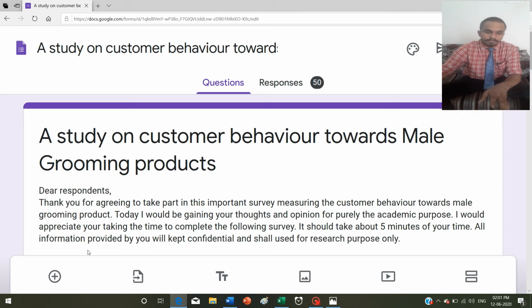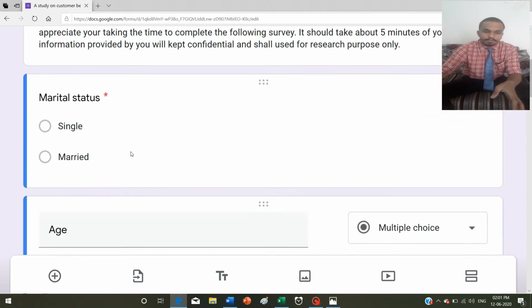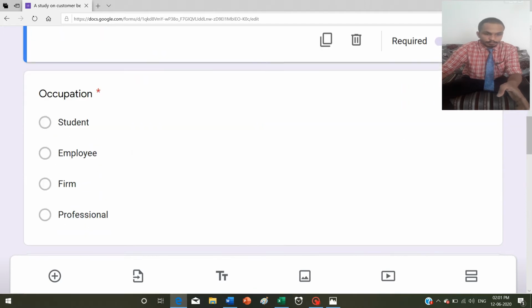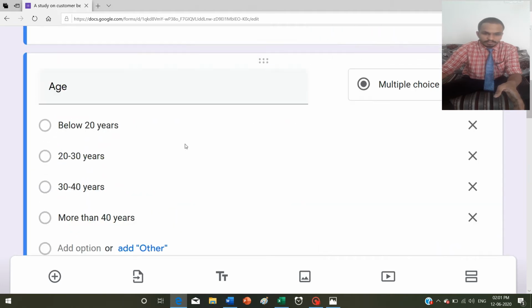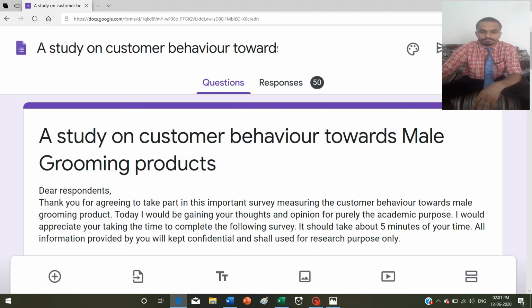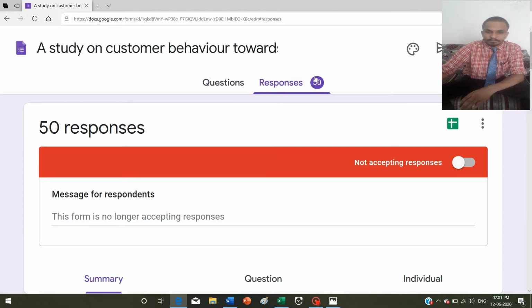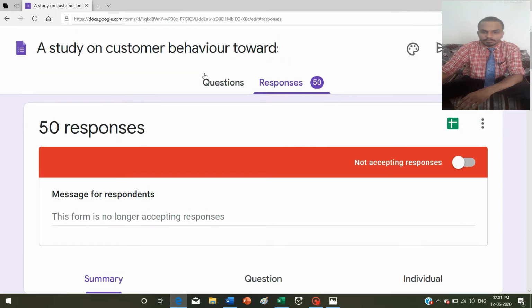I have done a survey in the previous month, a study on customer behavior towards male grooming products, and this is my questionnaire. You can see marital status, ages, occupation. This is one question, like which of the following best describes your facial hairstyle. This is my questionnaire on male grooming products, which is my survey part. And you can see these are my responses. 50 people have given their responses.